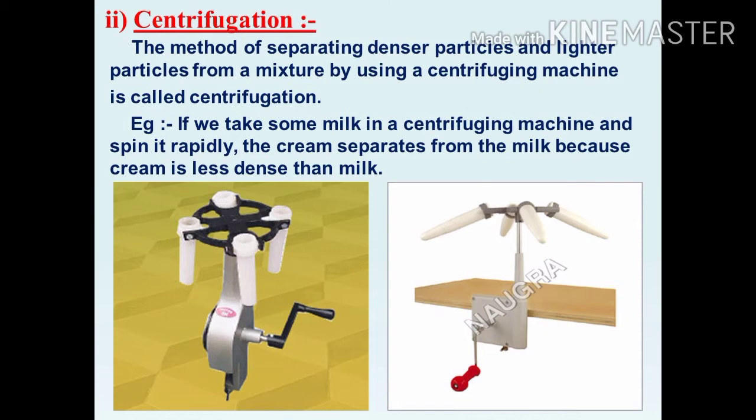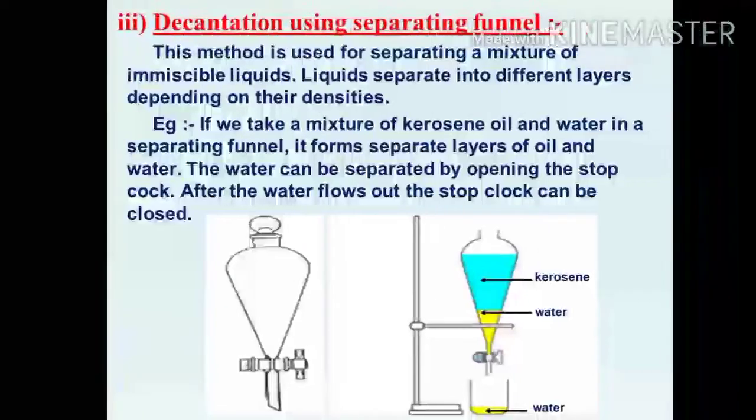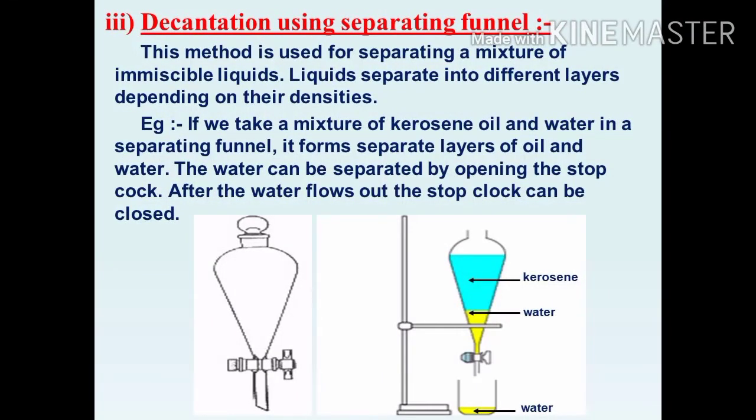What are the items we are getting from the milk? Do you know that? Cheese, that means paneer, yogurt, ghee, etc. Many milk products we are getting from the milk. All these products, all these cream items, are separated by this centrifugation method. These centrifugation machines are available in big factories. Let's see the applications of the centrifugation method.